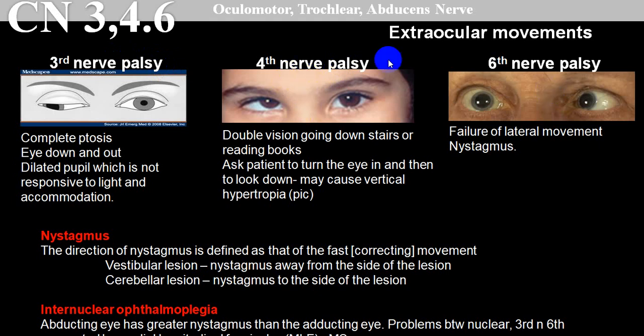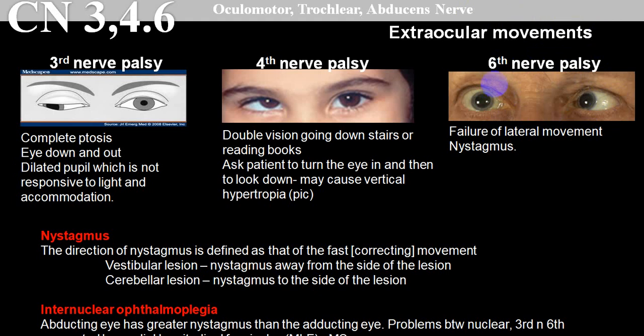Say, very simply, in sixth cranial nerve palsy, you will have absence of lateral movements, so failure of lateral movements. You can get nystagmus. And here you can see that the eyeball has unopposed action, so it is deviated medially. So this is a medial squint, or nasal squint, or adductor squint. This side, that means we call it a left side sixth cranial nerve palsy.